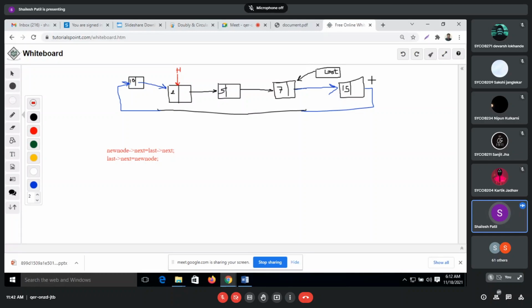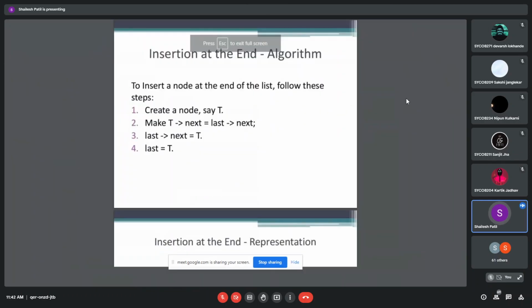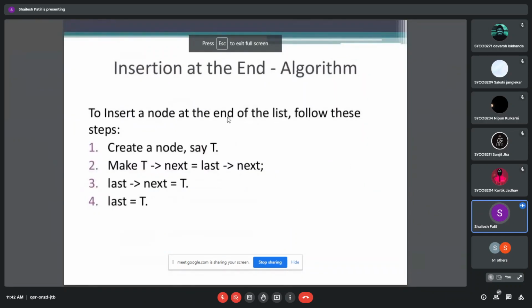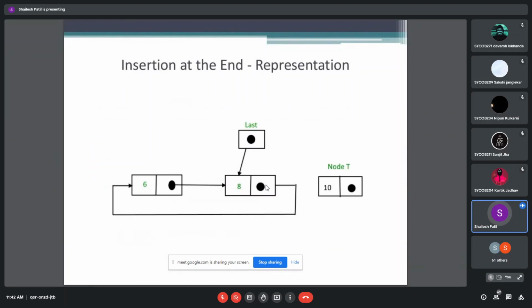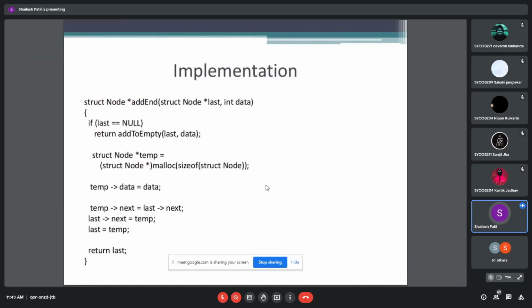Now this is about insertion at the end. The same way, the node 10 will be added into the list. After insertion it is like this, and last is pointing to this particular node, so last is equal to temp in this case.